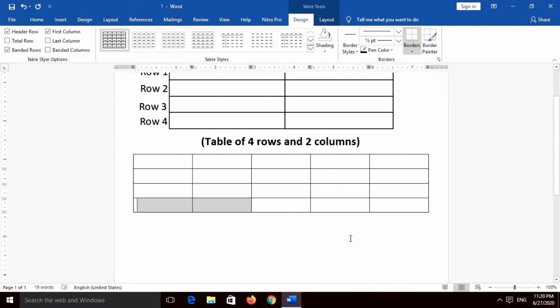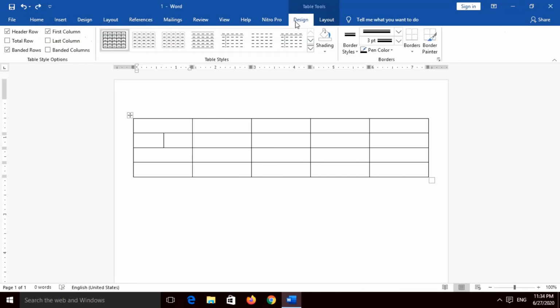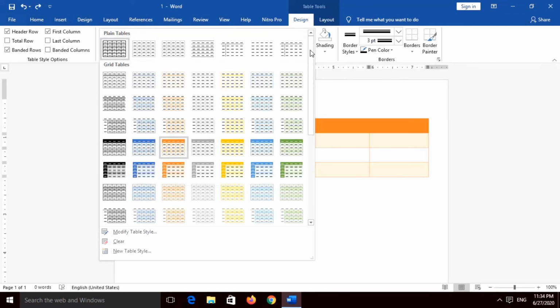Now we will look into the different options, like how to edit a table, how to resize a table, etc. Students, we can decorate our table by using different colorful styles on the table. Now how can it be done? To do this, just put the cursor inside the table on any cell and then go to the design menu given at the top. As you click on design menu, an option comes on the screen with the name table styles.